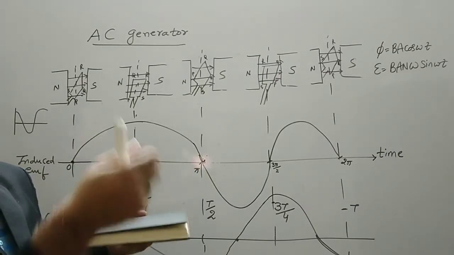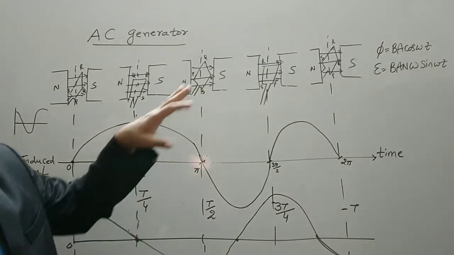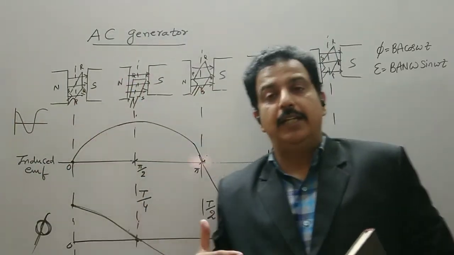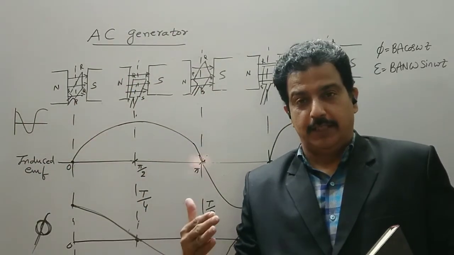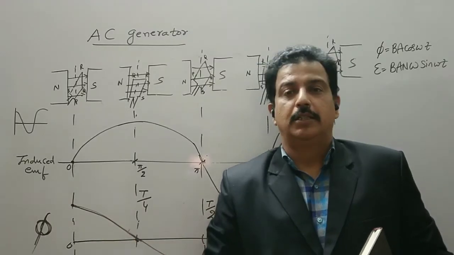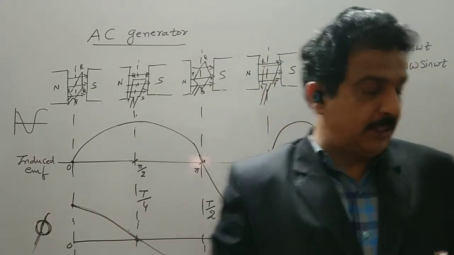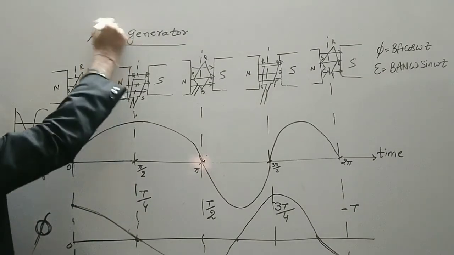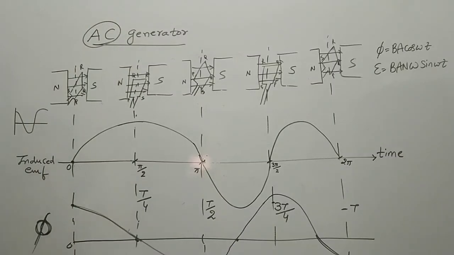So the direction of the induced current or induced EMF oscillates between plus and minus. That is the range of the sine function or a cosine function. So this is how an AC generator produces an alternating current, because the polarity changes after 180 degrees. The output EMF is called AC voltage, and the output current is called alternating current or AC current.